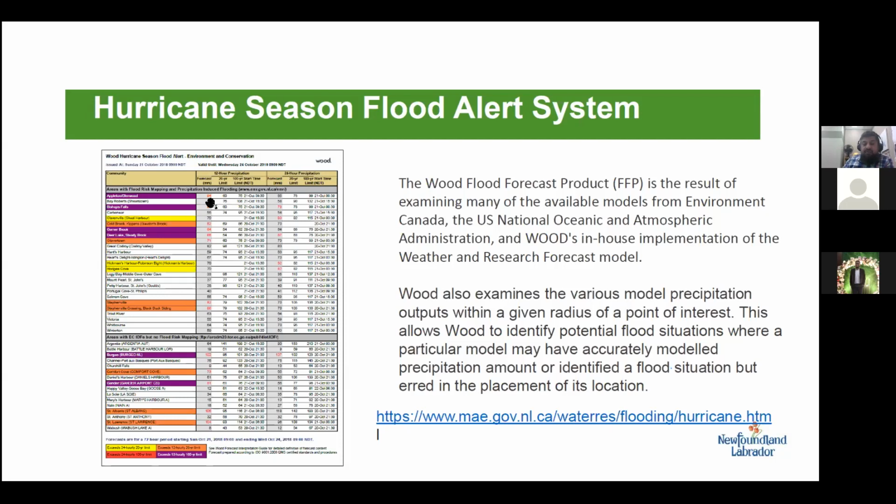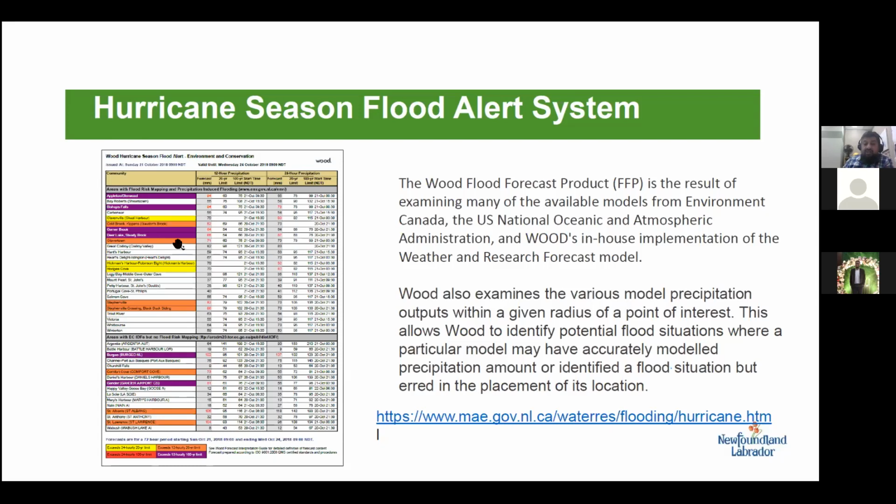And if, for example, a certain tropical system is going to cause rainfall that's more than the 20-year or 100-year event, it gets all flagged in this report, which is generated every morning. We pair this up with another report that tells you what the water levels are in our streams across the province. And we send this out to our emergency measures organization, which then contacts the towns and tells them